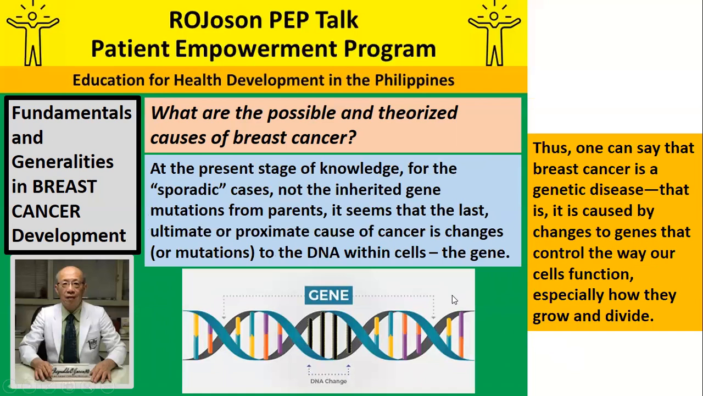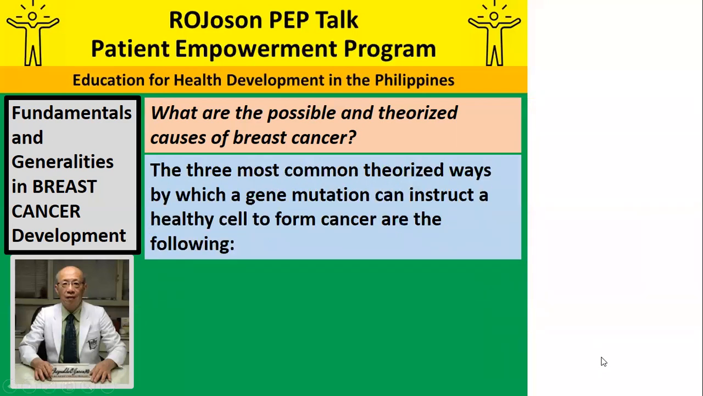At the present stage of knowledge, for the sporadic cases, not the inherited gene mutations from parents, it seems that the last, ultimate, or immediate cause of cancer is changes or mutations to the DNA within the cells, which contain the gene. So one can say that breast cancer is a genetic disease. That is, it is caused by changes to the gene that control the way our cells function, especially how they grow and divide. The three most common theorized ways by which a gene can instruct a healthy cell to form a cancer are the following: